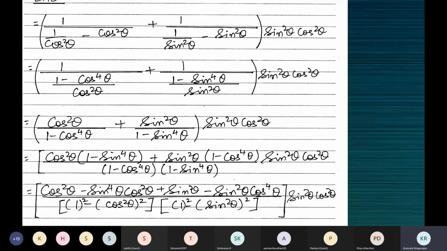We have learned GCD in standard 8. GCD comes up earlier, but with expressions, what is the greatest common divisor, or the HCF, of x to the power 4 y square and x square y to the power 4? The GCD is x square y square, and that is the common factor. So that you will have to bring out. These are the two things you can do in the numerator. In the denominator, a square minus b square, you can write it as a plus b into a minus b.